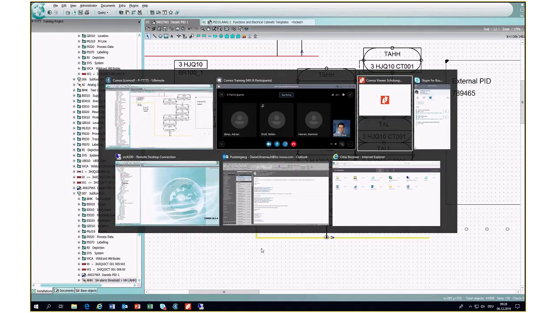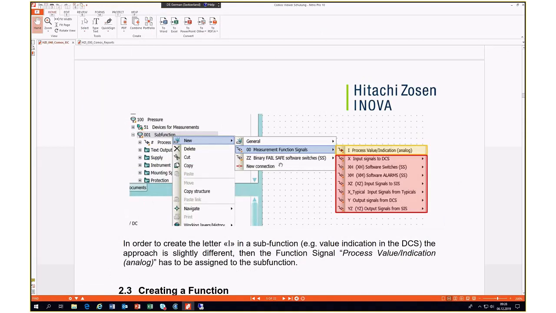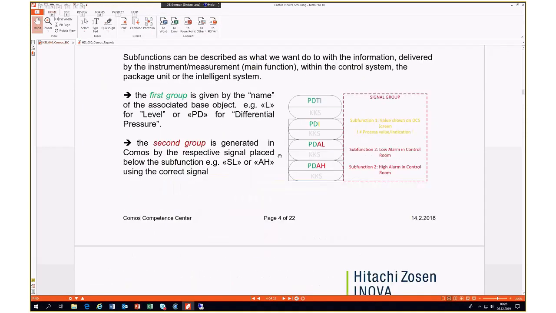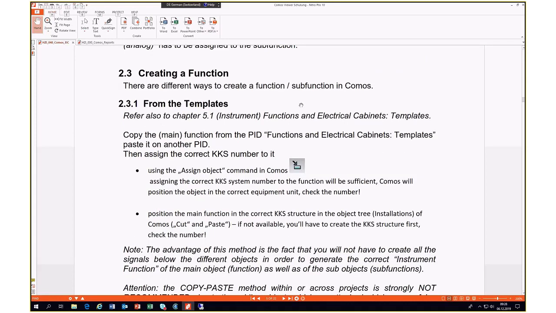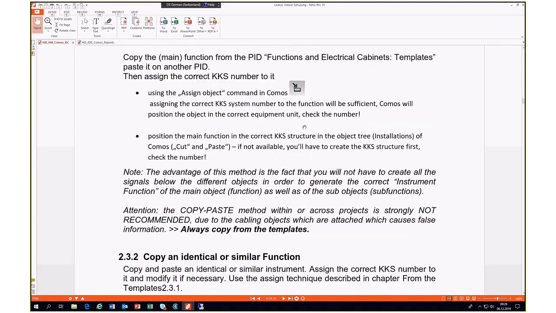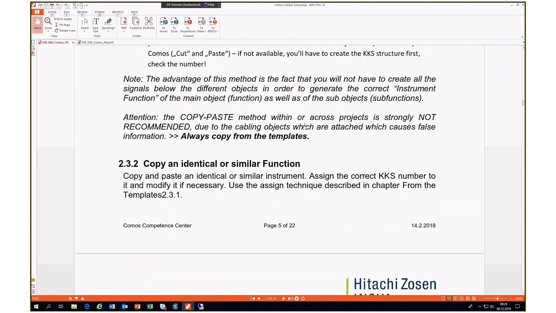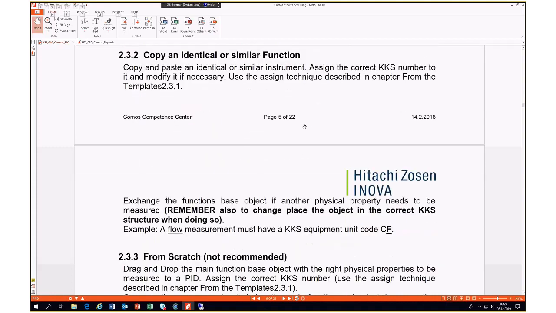If I switch back to the document, basically that's what we did, right? So we started off here by creating a function, a subfunction in Comos, right? And then we added the KCAS number. And then,